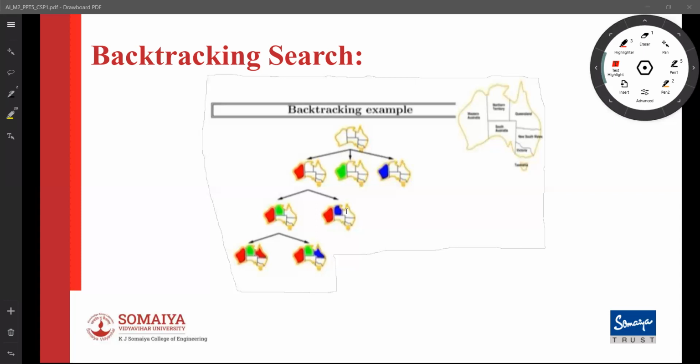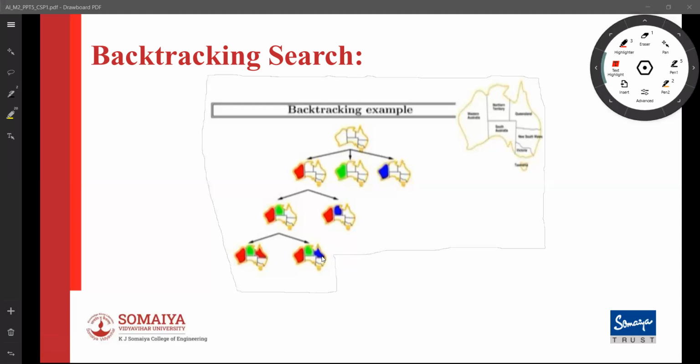Now, just intuitively, look at this and tell me if there is any state you think cannot lead to a solution. Which one cannot lead to any solution? The right bottom one, you can see here. Western Australia is red, Northern Territory is green, and Queensland is blue. Why does it not lead to a solution?